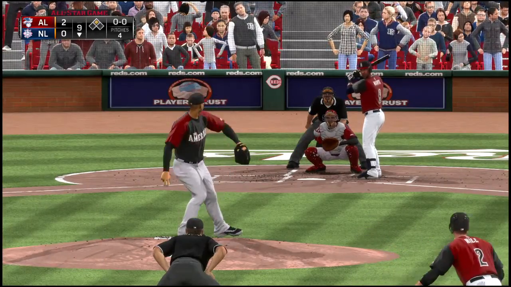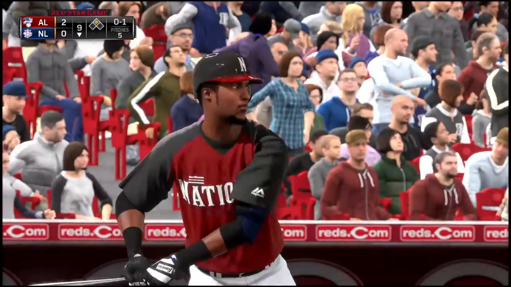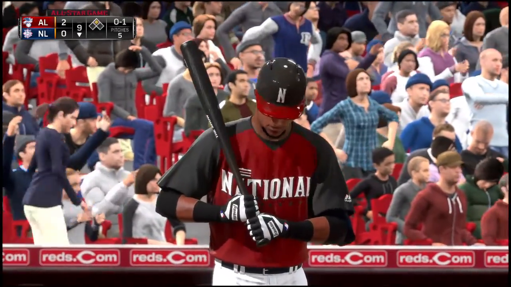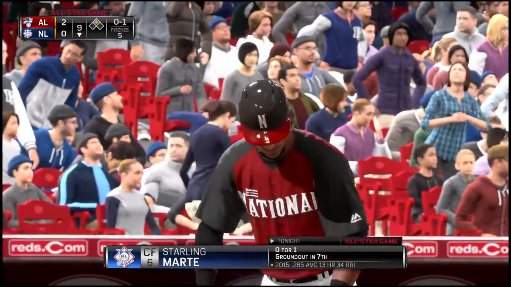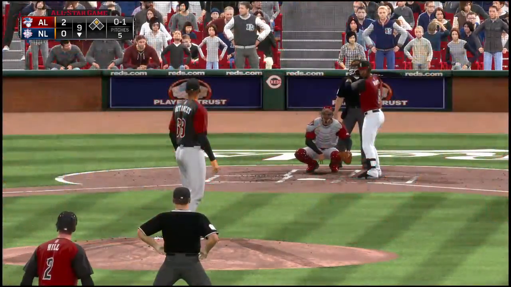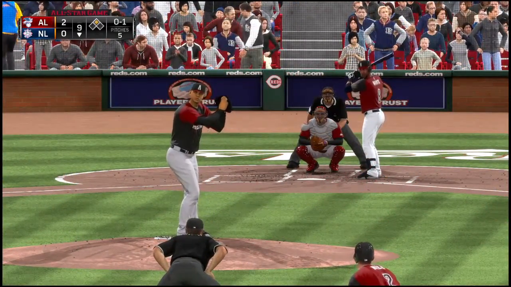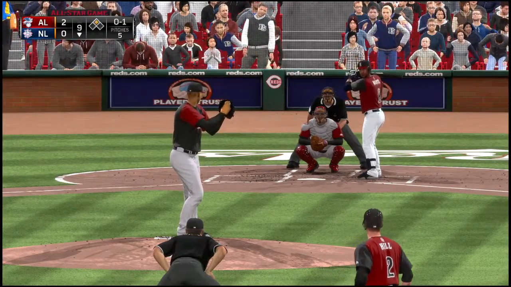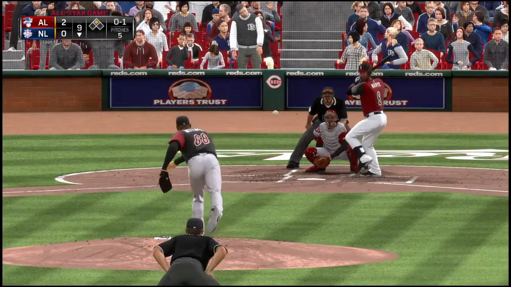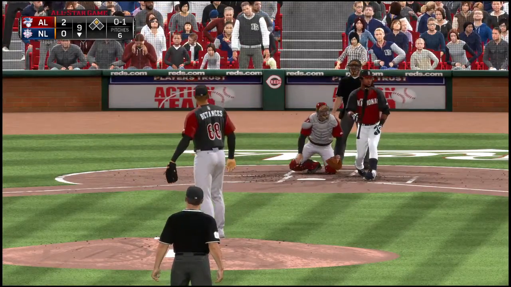Here's Starling Marte, as he'll go after the first pitch to him and comes up empty. It's strike 1. Well, he'll lean pretty heavily on that fastball. Why not? It's a big one. He's ready. Now the pitch. And a bouncing ball, foul.